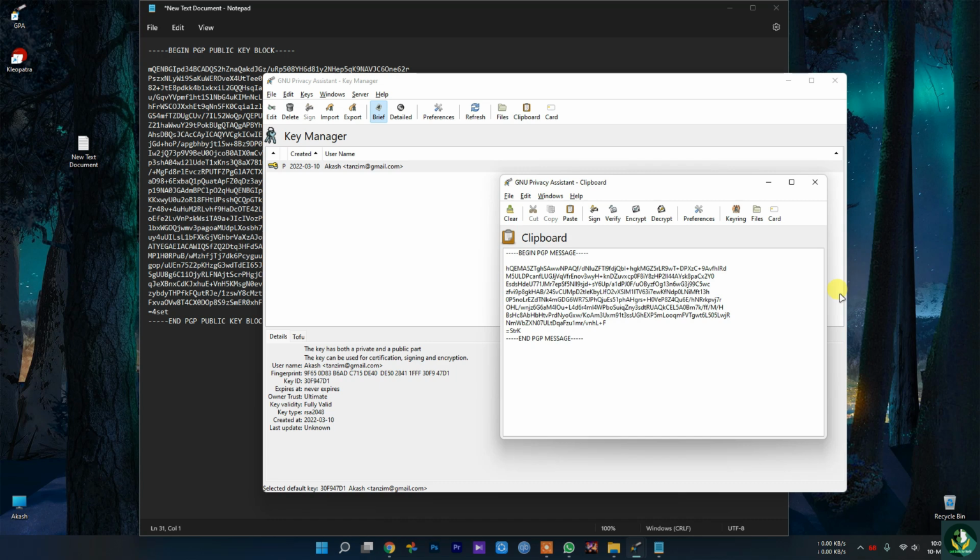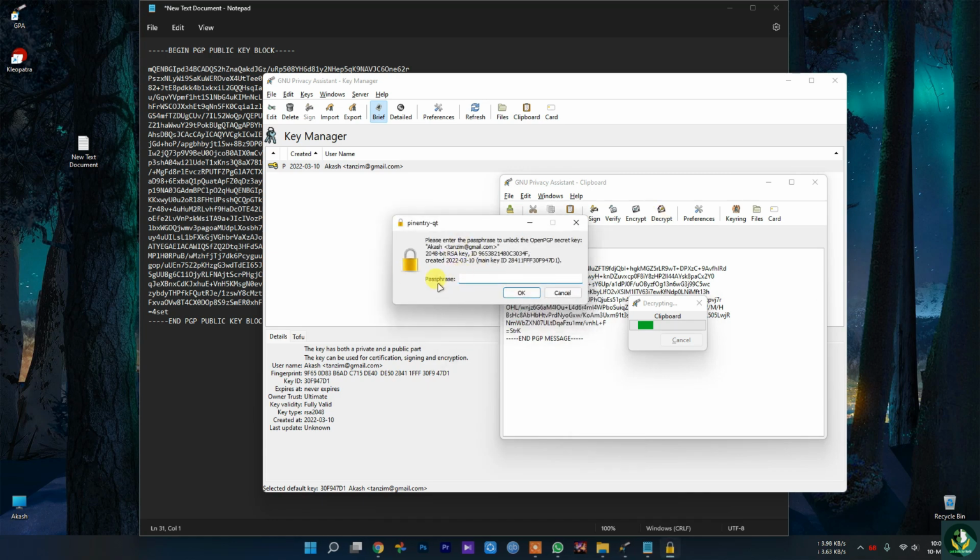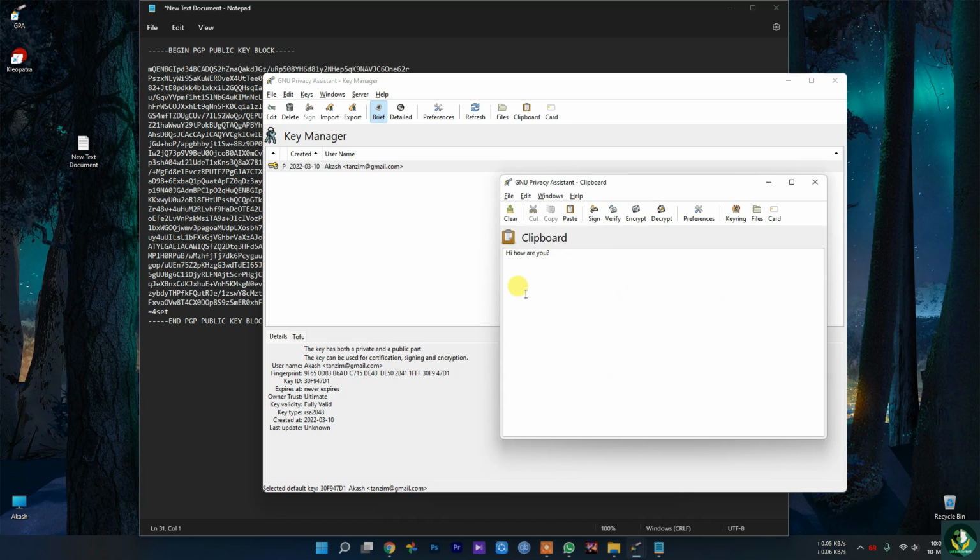Once they send it to you, you have to decrypt it using your passphrase. As I said, you have to remember your password. So I'm going to enter my passphrase to decrypt this. Click on decrypt, and as you can see, you have to use your passphrase. Let me just use my passphrase and click OK. As you can see, it showed the message the sender wanted me to see.